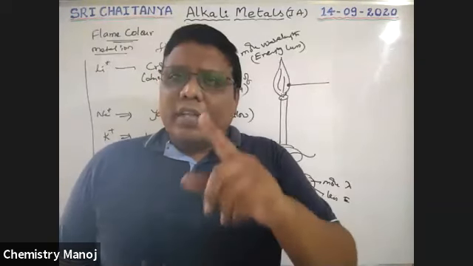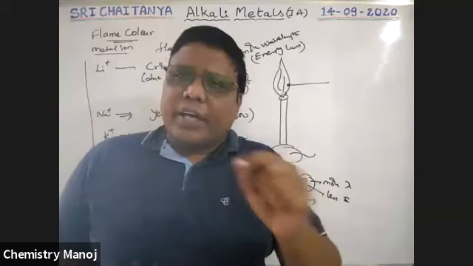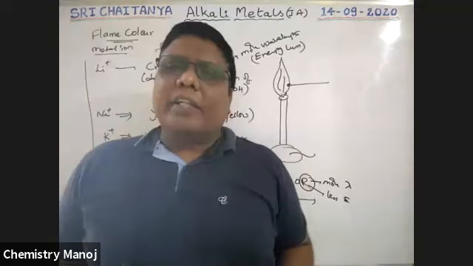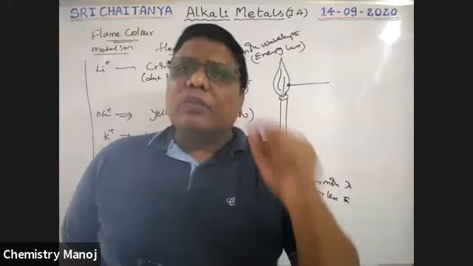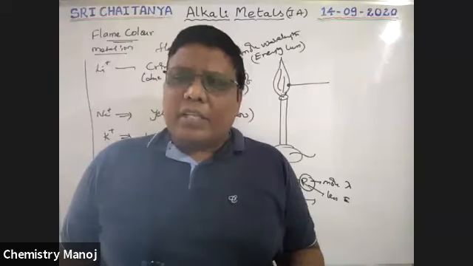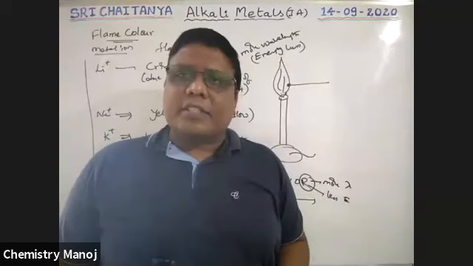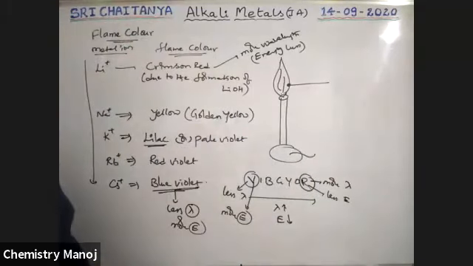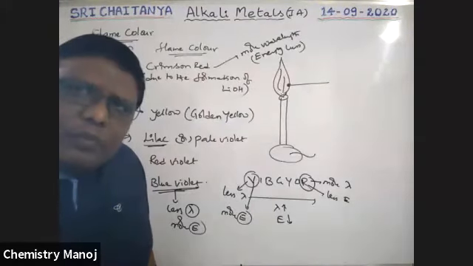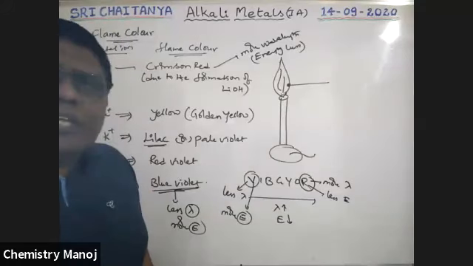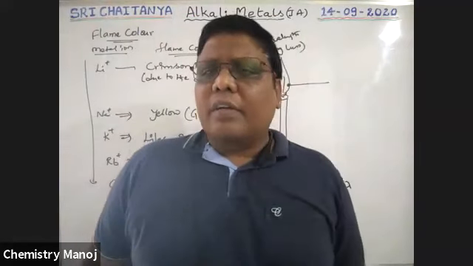Therefore, this flame color test is very useful to identify the metal ion present in your given salt. That is in qualitative analysis, to find out the metal ions, flame color is one of the most important tests. Next, also atomic absorption spectroscopy. This is one of the methods. In these two cases, this flame color is observed. So these are some physical properties of your alkali metals, boys.